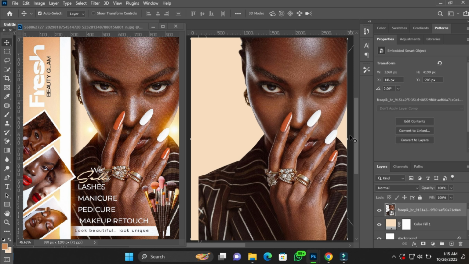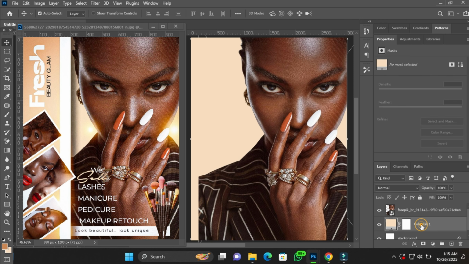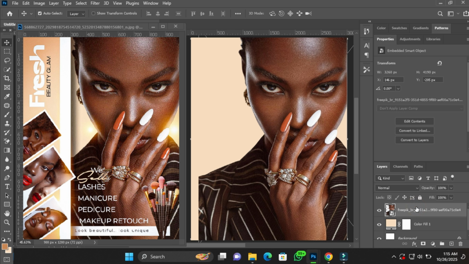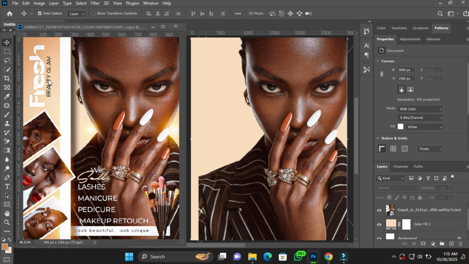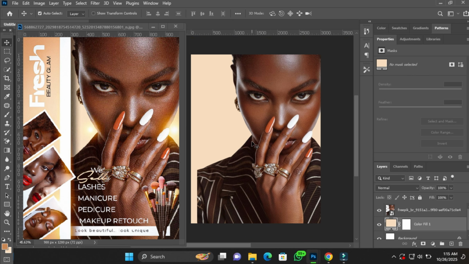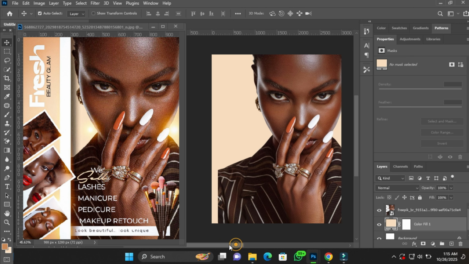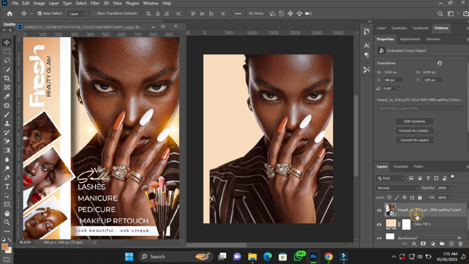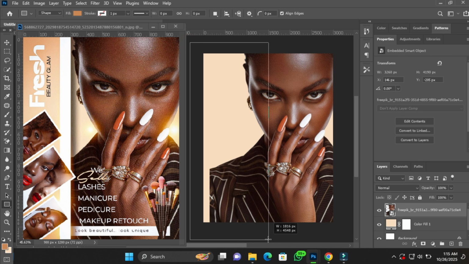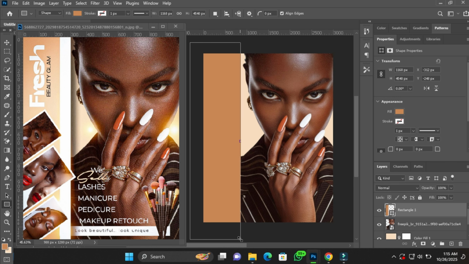So now that is the next step. After our background, I added our model. So the next thing I'll do is to add this layer. For that layer, I'll be using my rectangle tool. I got it. This is it. So I'll apply it here, and then looking at this from our reference design, you see